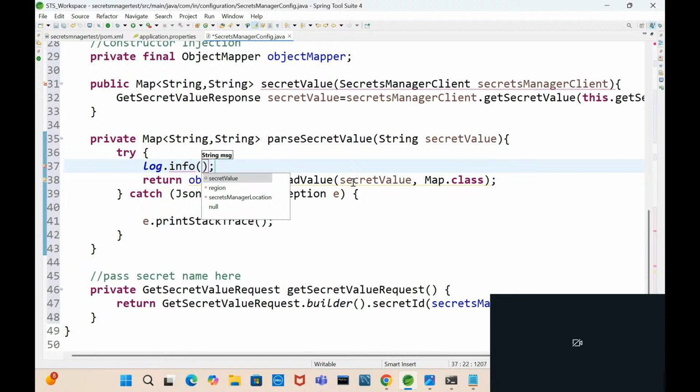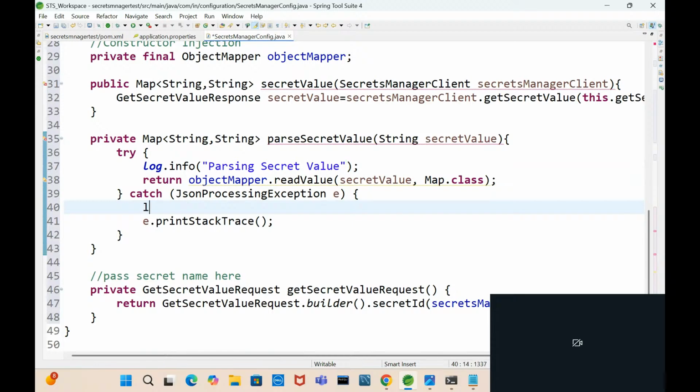Here, this is the parsing, right? So add parsing secret value, right? Suppose if any exception, let's add